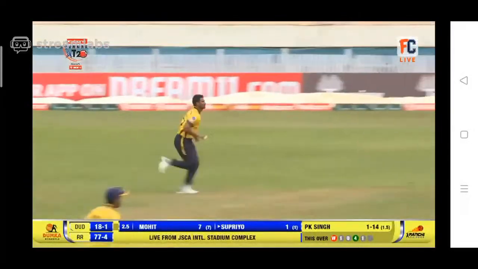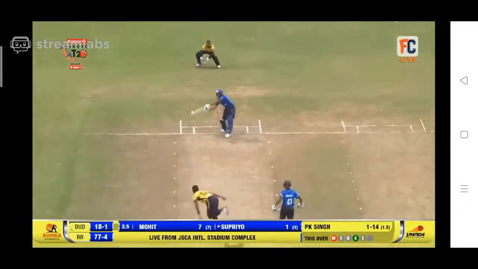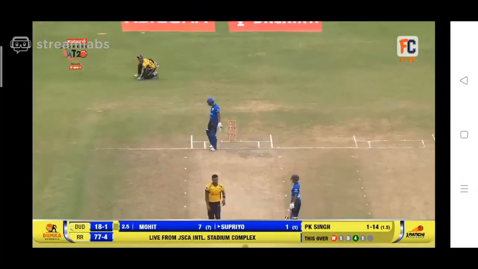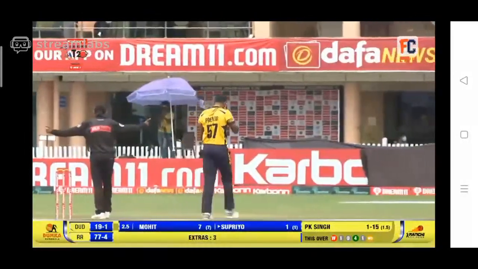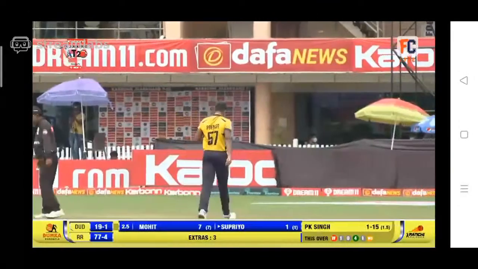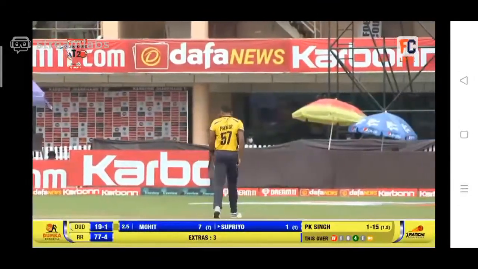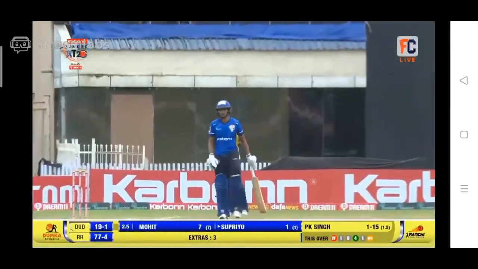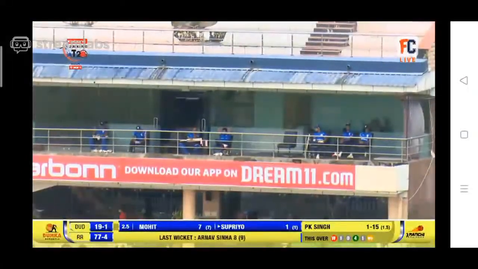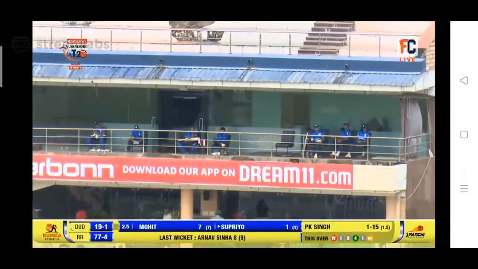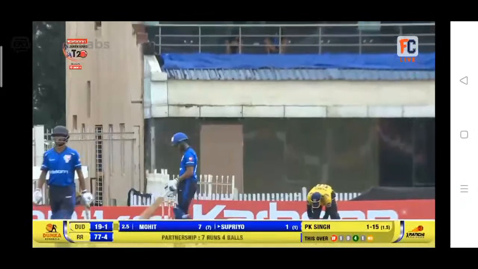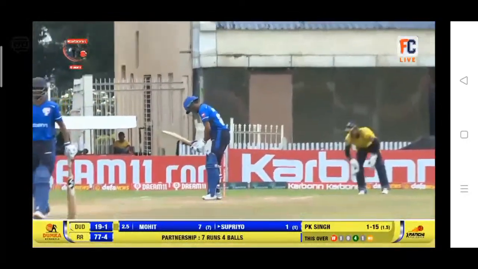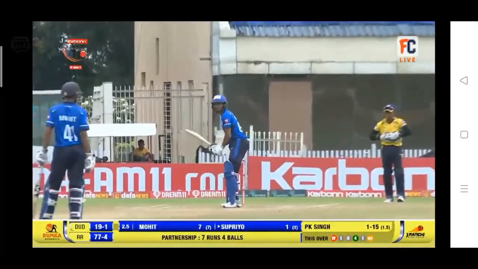And intelligently, the Ranchi bowlers are keeping a good line and length just outside the off stump once again. Slightly wide of the off stump, but not near the batsman, so the batsman had no opportunity to heave it around the onside. So they're not allowing the batsman to hit it on the onside. If at all, they have to drag it from outside the off stump towards the onside.